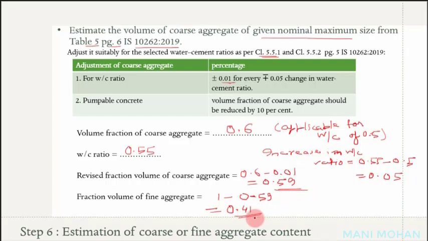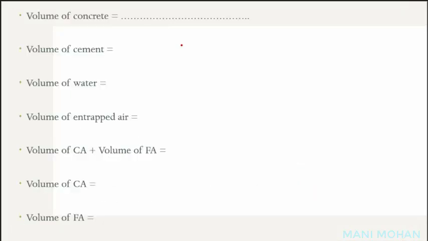fine aggregate too. We have already computed the mass of the cement to be used to make 1 meter cube of concrete for the design mix of M20 grade. Also, we have computed the corresponding water content, which is also for 1 meter cube of concrete. So what is the volume of concrete for which you have computed the water content as well as cement content? It is 1 meter cube. So now we need to compute the aggregate contents for 1 meter cube of concrete.